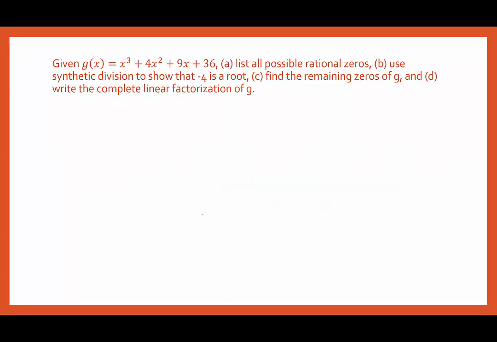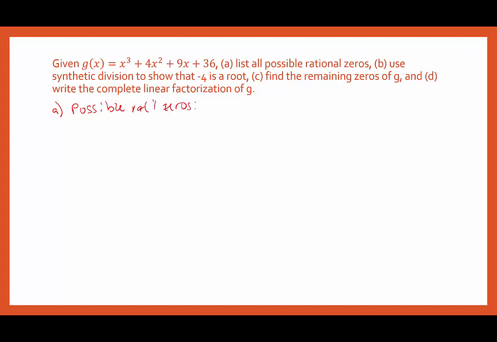In our first example, we're given g of x. We want to list all possible rational zeros, use synthetic division to show that -4 is a root, find the remaining zeros of g, and then the complete linear factorization. So to find the list of all possible rational zeros, that's the rational zero test. And the list of possible rational zeros is determined by taking